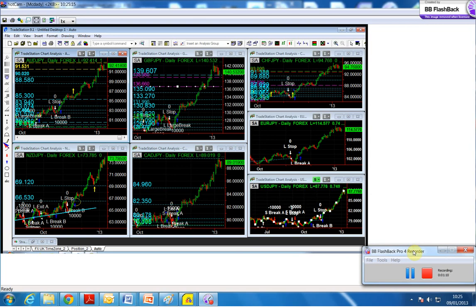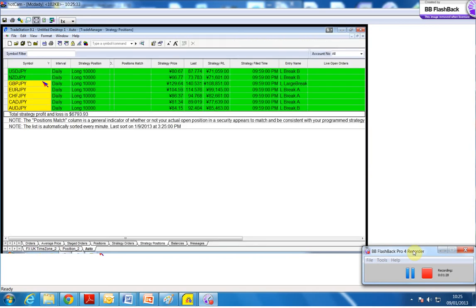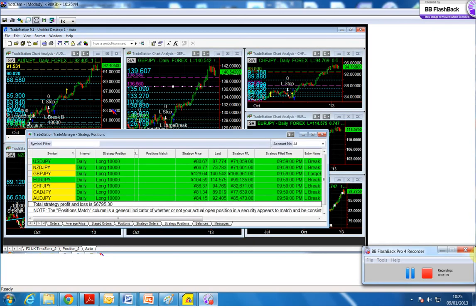Now, as you all know, I'm just going to do this repetition so that the guys that are going to watch the recording can see. We have been taking the long positions now, the dollar yen, from what date is it? Let's go to the radar screen. We are long the yen pairs, all the yen pairs